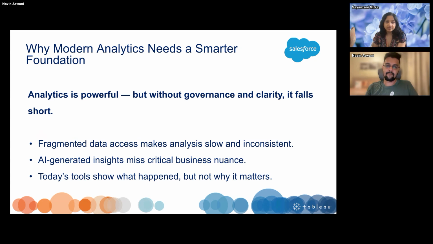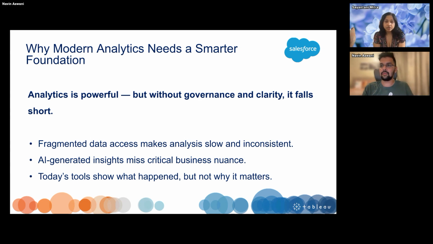Why do we need modern analytics, and why does it need to be a smarter foundation? Analytics is powerful, of course, we all know that, because if you're looking just at a spreadsheet, there's nothing you can come out with. It will be very difficult, especially if it's not 10 rows or 100 rows, but millions and millions of rows, as is the real world use case.